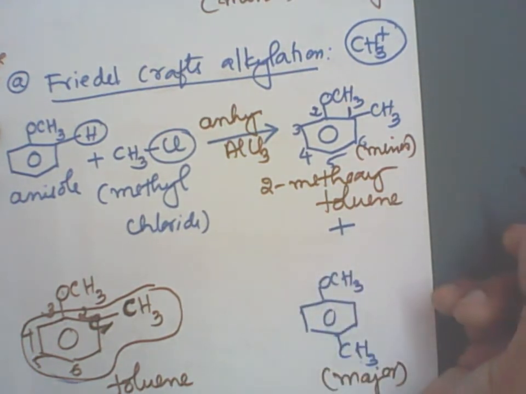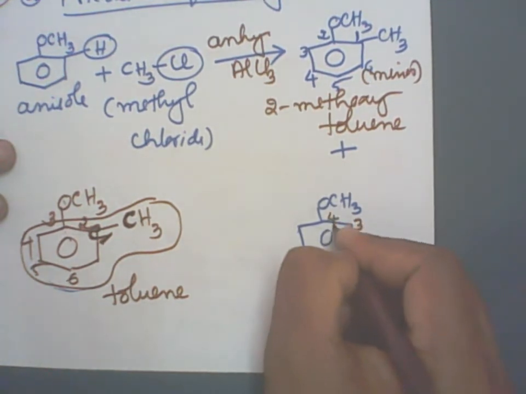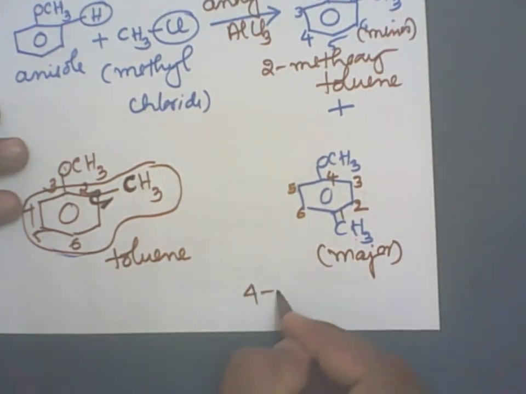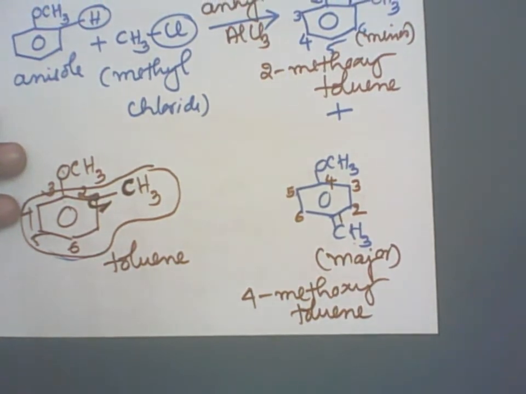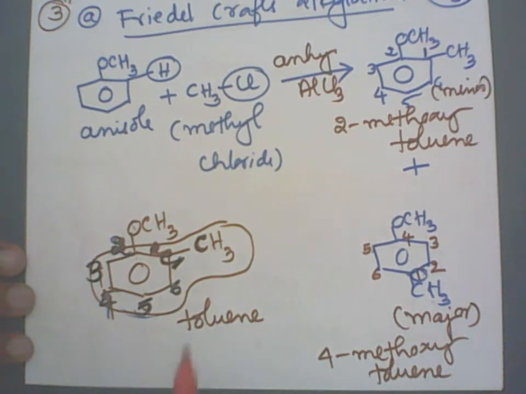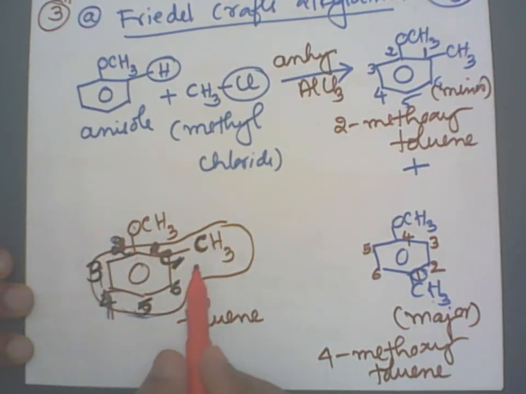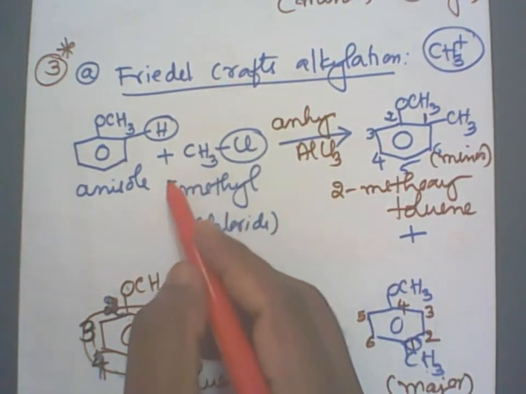2-methoxy toluene. Okay? Now this is carbon number 1, carbon number 2, carbon number 3, carbon number 4, carbon number 5 and carbon number 6. This will be 4-methoxy. This is a 4-methoxy toluene, right? So number the carbon number 1 attached to CH3, then the second group will be methoxy, and it goes on like this.